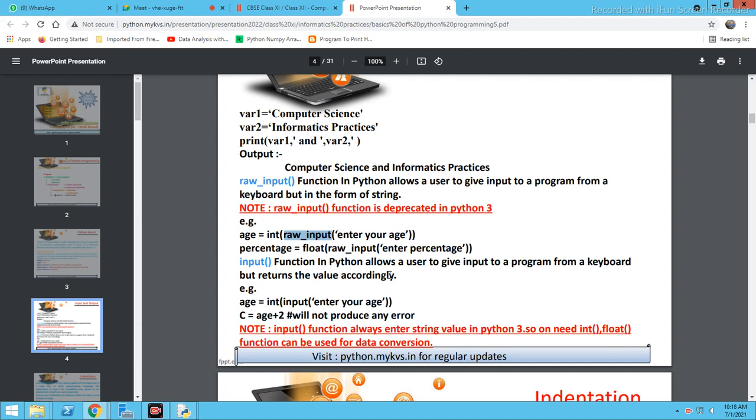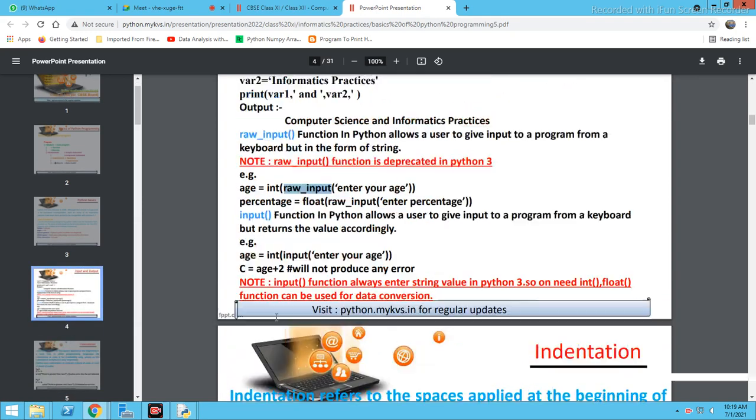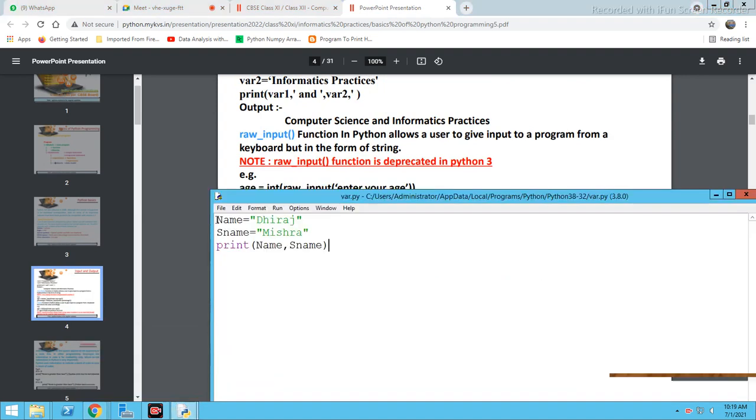Now see next what is given here: age is equal to int input, enter your age, c is equal to age plus 2. Here we can print c, right? When we print c, then we will get the desired output. So let's see, we will perform the same operation here again, so it will be more clear.